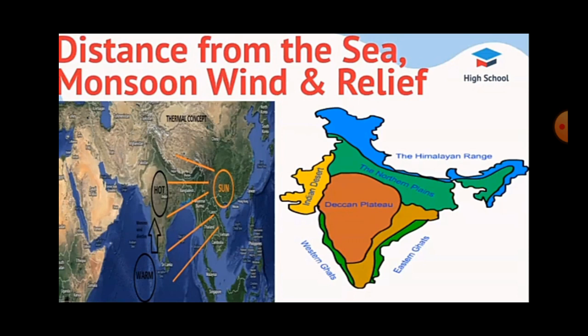The annual temperature at Cochin does not exceed 30 degrees Celsius as its location is on the coast, while it is as high as 40 degrees Celsius at Delhi since it is located in the interior part. So what is the annual temperature of Cochin? 30 degrees Celsius, because it is located in the coastal area. What is the annual temperature of Delhi? 40 degrees Celsius, because it is located in the interior part of India.